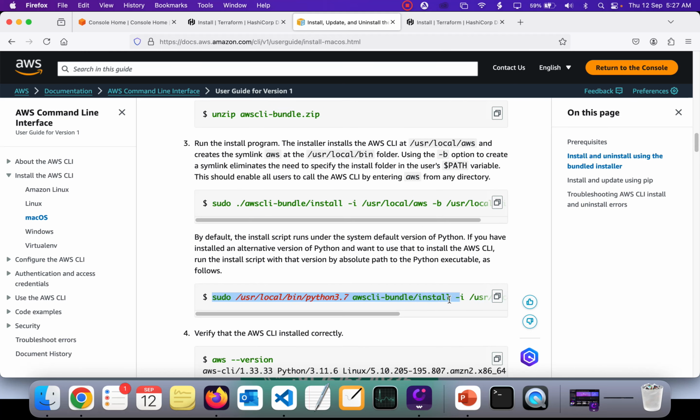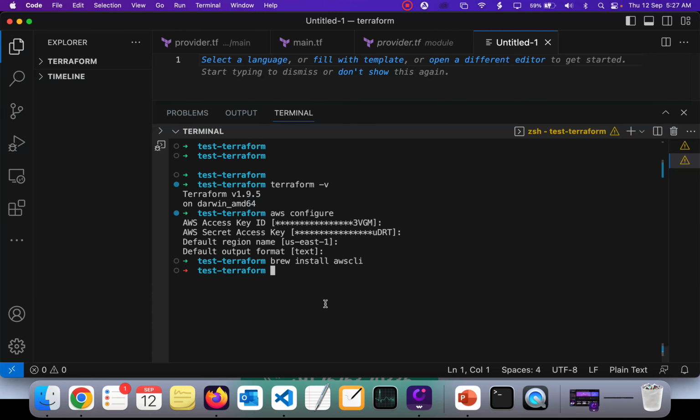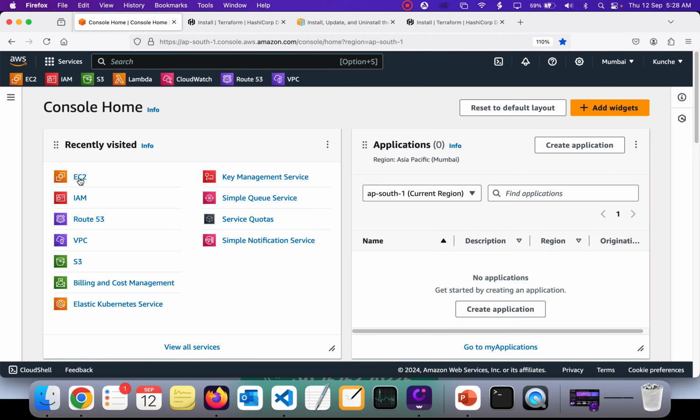You have to make sure that all the Python packages and everything are intact to make sure that it's working. Okay, so now I have already installed AWS CLI. That is the reason why it's showing me the AWS configuration. Now what we are going to do is go to the EC2 console and then click on IAM. Okay, I'm going to the IAM dashboard,